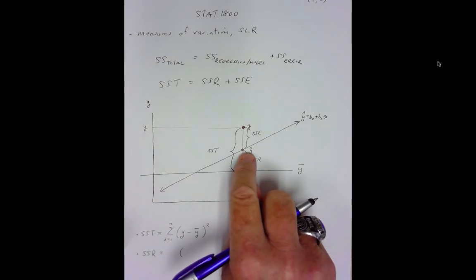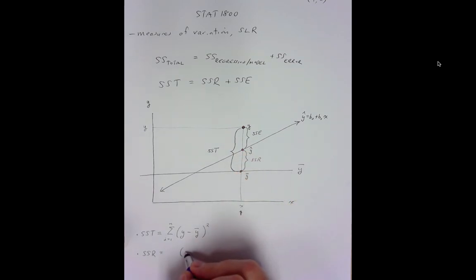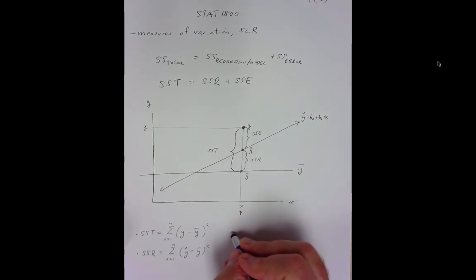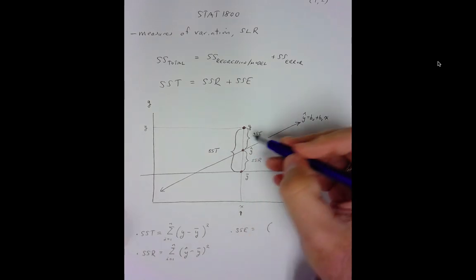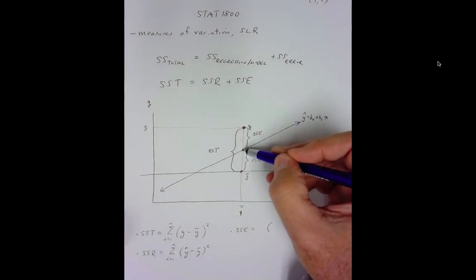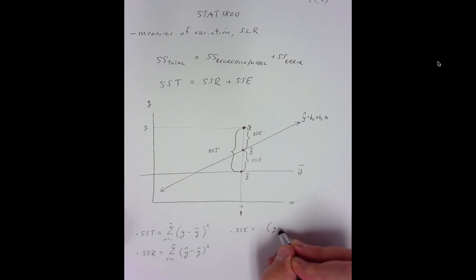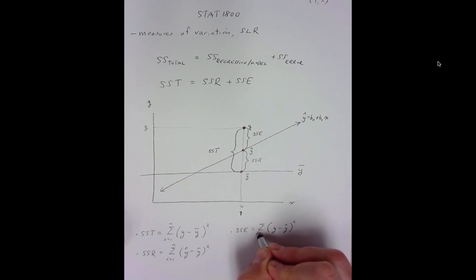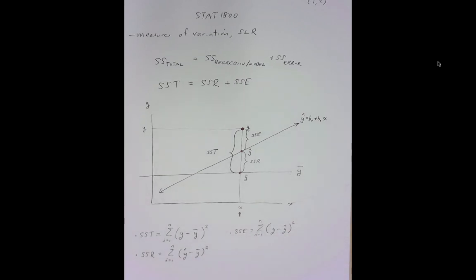It's y hat minus y bar, quantity squared, sum that up for all of our data points. The sum of squares for the error can be found by taking y minus y hat and summing that up for all of our data points. Now,